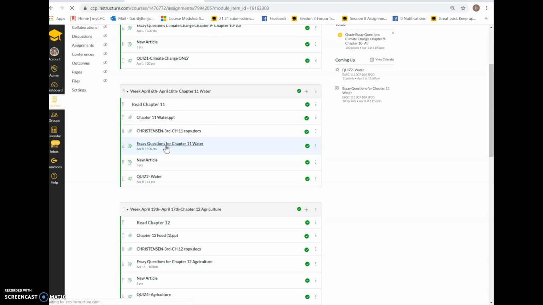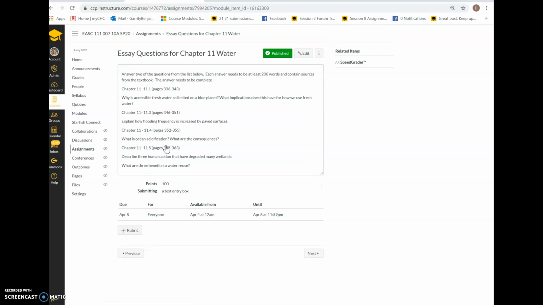My textbook that I'm using is the 3rd edition, which is the current edition of the textbook. And you'll see here, I even tell you the pages that will help you answer these questions within the textbook. So you're going to pick 2 of these questions, and each answer needs to be at least 200 words. And you need to show where you got the information in the textbook. So I want you not to quote, to write in your own words or summarize, because I want to know that you understand the material. That's why I say in your own words.